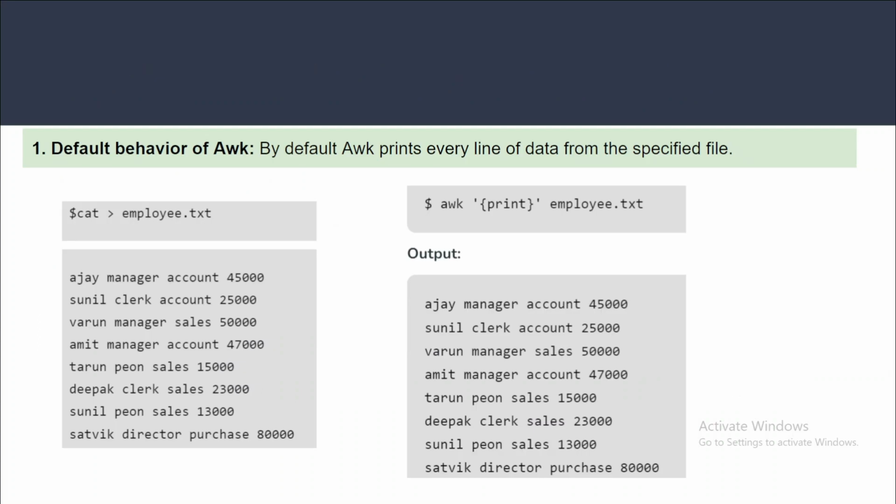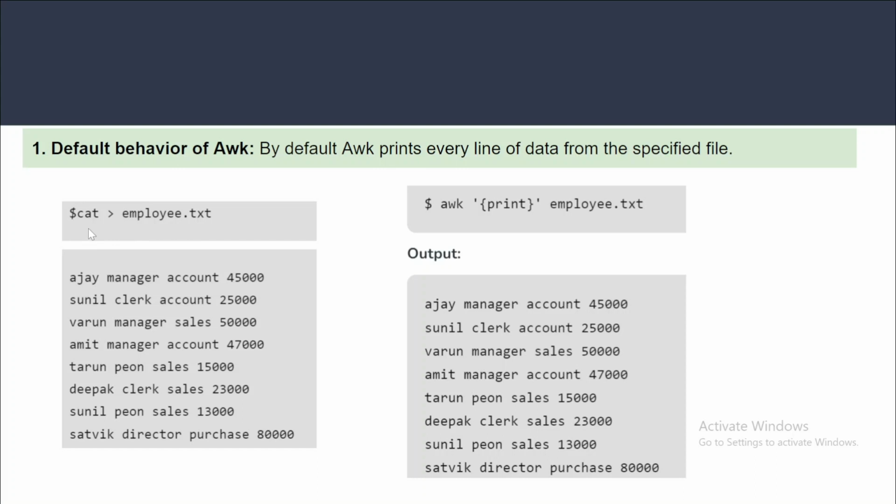So this is the default behavior of your awk command. When you just say awk and within the brackets I'm not providing any selection pattern, so I'm not looking for any pattern. I'm just giving, within the curly braces, the action item. The action item is print, meaning I want to print the entire content of this file. This is the same thing we generally do with the cat command.